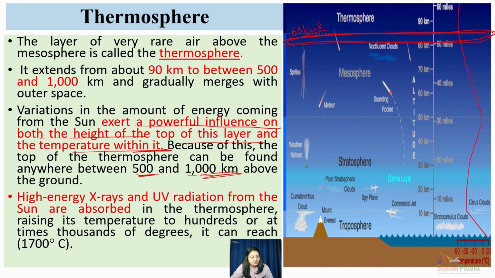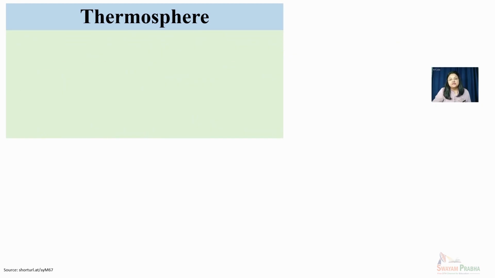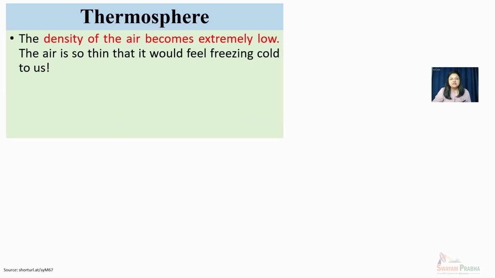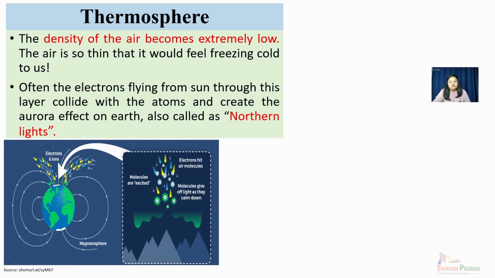It can reach 1700 degrees Celsius in the outer margins of the thermosphere. Although the temperature reaches 1700 degrees Celsius there, the density of the air becomes extremely low with increasing height, and the air is so thin that it would feel freezing if someone were to step outside in the thermosphere. Often the electrons flying from the sun through this layer collide with the atoms and create a very nice glittering effect,